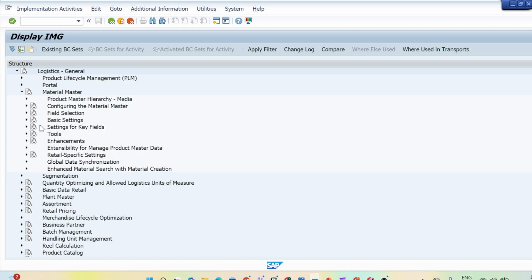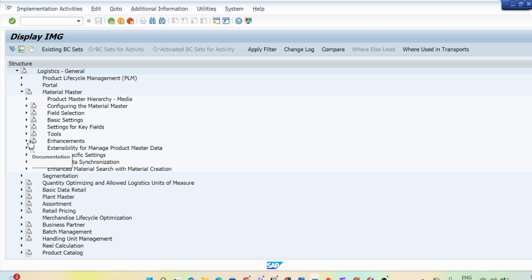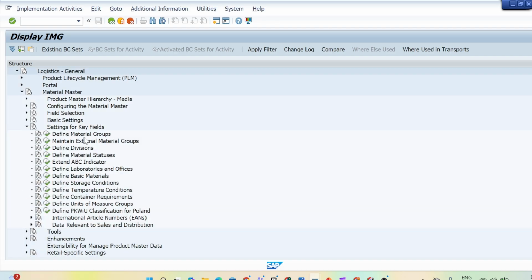Then after that, we need to go to this field selection. And here, in Settings for Key Fields, you will see Define Material Groups.